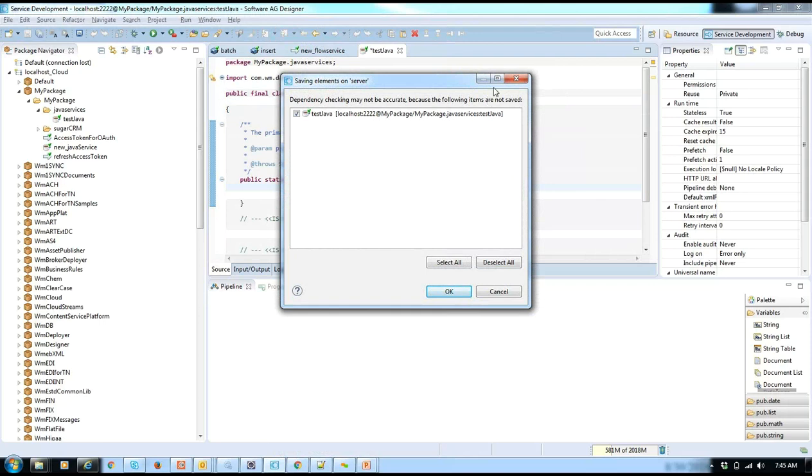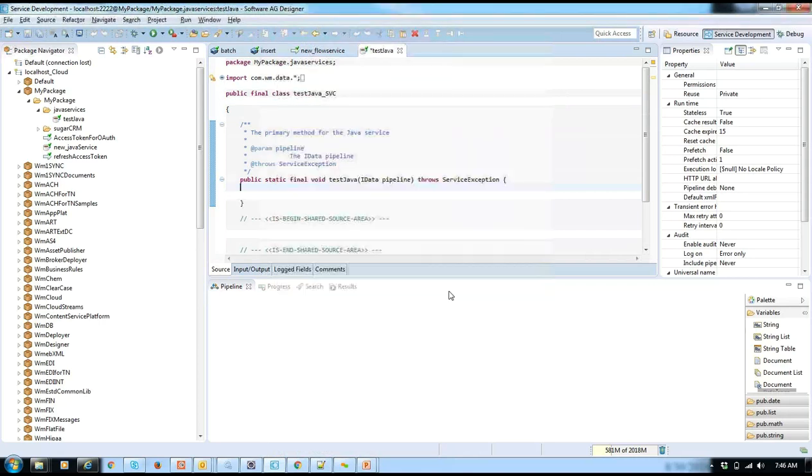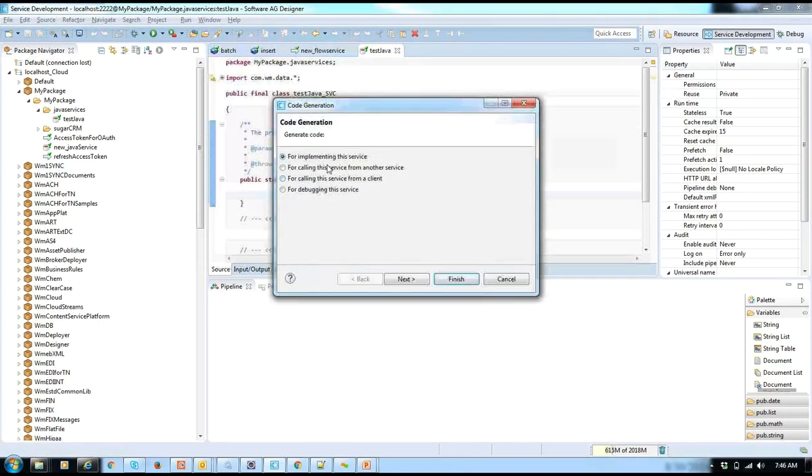So you have to create input and output, right click on the method and say generate Java code. Once you say that, these are the different options it gives for implementing this service. Are you going to implement this service, I mean you are creating this service,